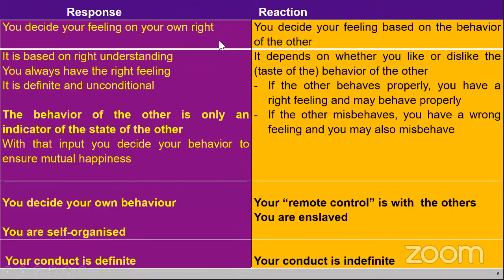So when I don't doubt the other person's intention, then I have this feeling of being related to the other. I have the feeling of affection for the other. And I can choose to decide that feeling on my own. And when I have this feeling, then I respond, then I don't react. Like in the movie, if you think about it,